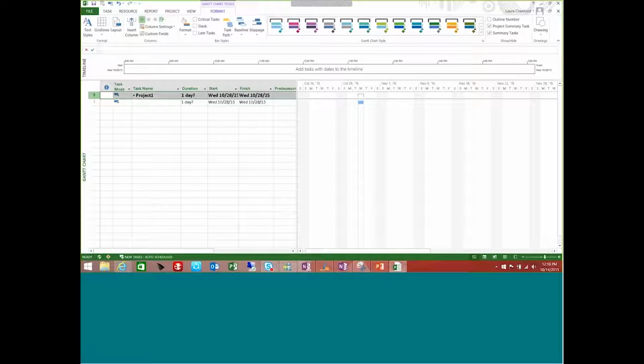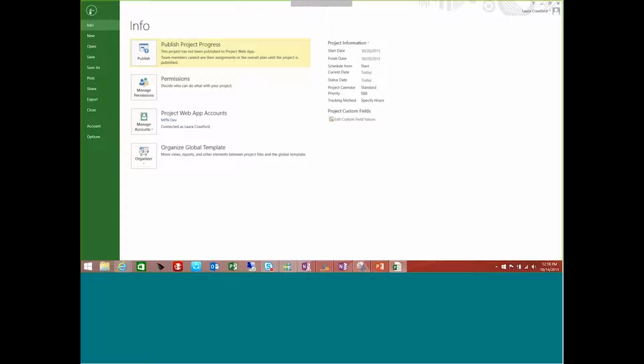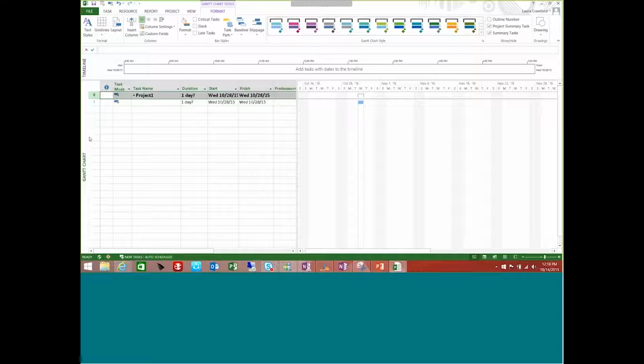This is important because everything that I type in after this will roll up to the summary row. So I can see my total duration, my start, and my finish date for my entire project plan. So this is one of those checkboxes that I do recommend that you have selected when you're initially creating your project. And I can also show you where it is here in the backstage. If I go to File Options again, I can actually set it here. This is under the Advanced page though. If I go to Advanced and I scroll all the way down,